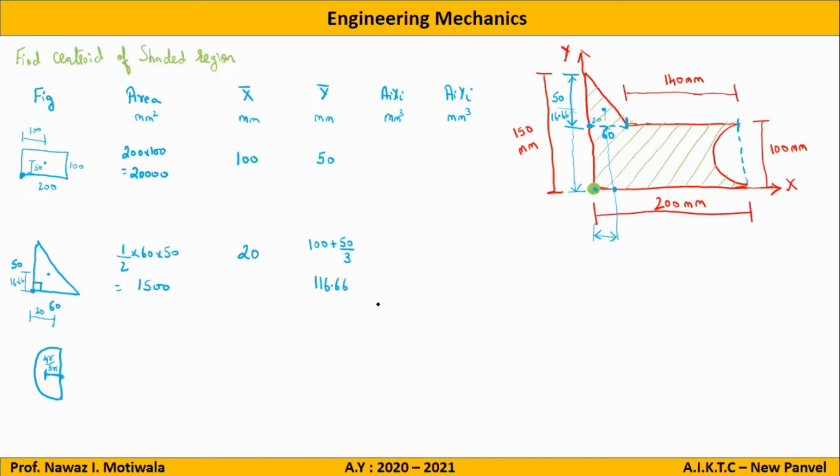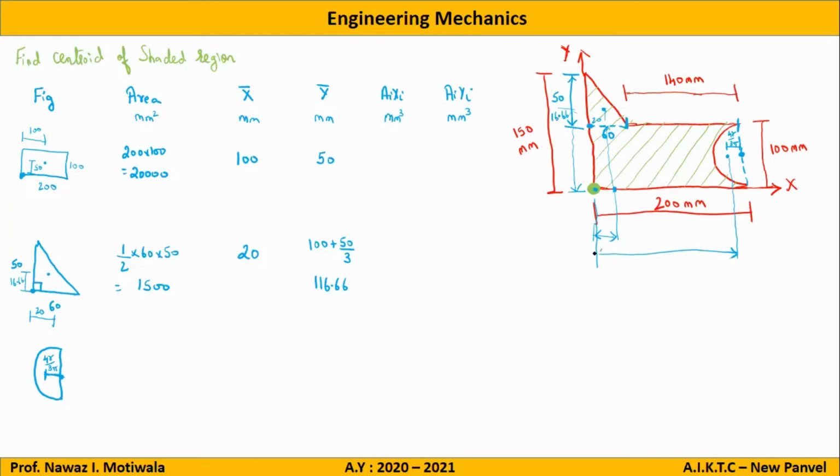Now locate this point here. This is nothing but this point. And we know that the centroid will lie somewhere here, at a distance of 4r by 3 pi from here. Any doubts? No, sir. Okay. But I need the distance of this point from this reference, which is our main reference. So let me again mark the things. So I need this distance from here to here.